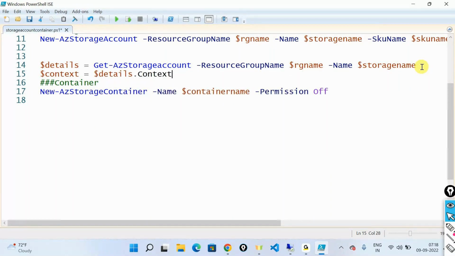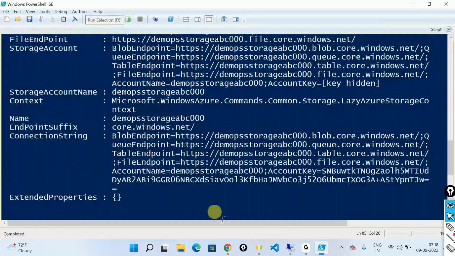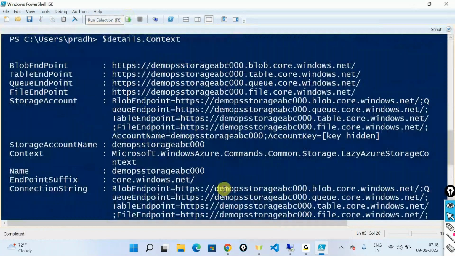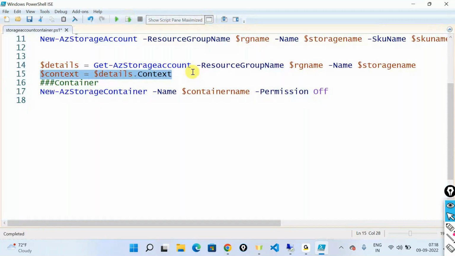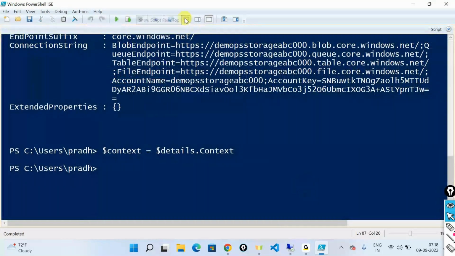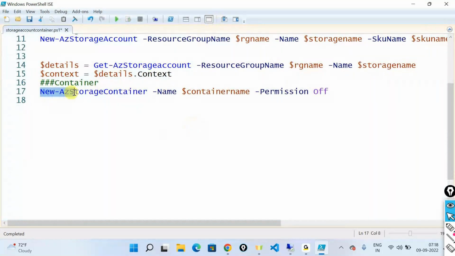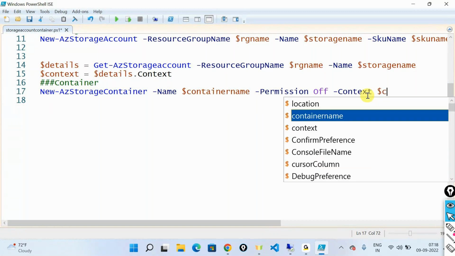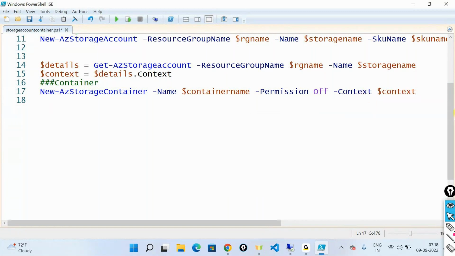So whatever is in that particular context value, which is the connection strings, the endpoints and everything, I'll store it inside this $context. And in the command wherein I'm creating the storage container, which is New-AzStorageContainer -Name -Permission, I'll give one more hyphen here and I'll say -Context, and I'll say $context. And if I now execute this,